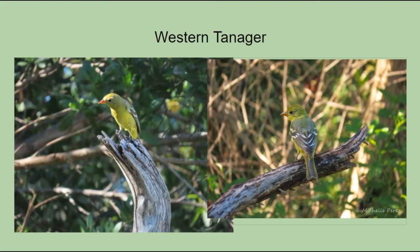I don't know. It was just kind of a quick thing, but I got a few good pictures of it. It just flew out in front of me. I was looking at some other bird. I saw this bright yellow flash in my periphery, and I was like, whoa, what is that? So I thought for sure it's a scarlet tanager. But I ended up going back, and with some help, I was able to identify, because of the white wing